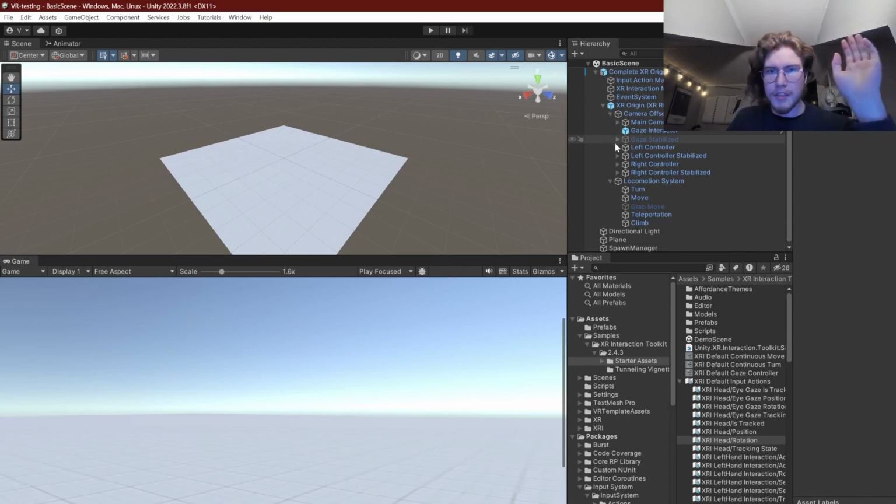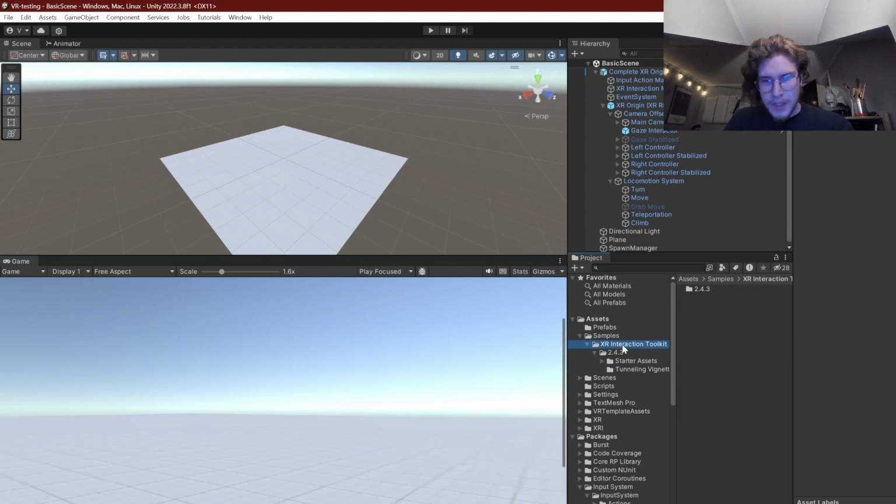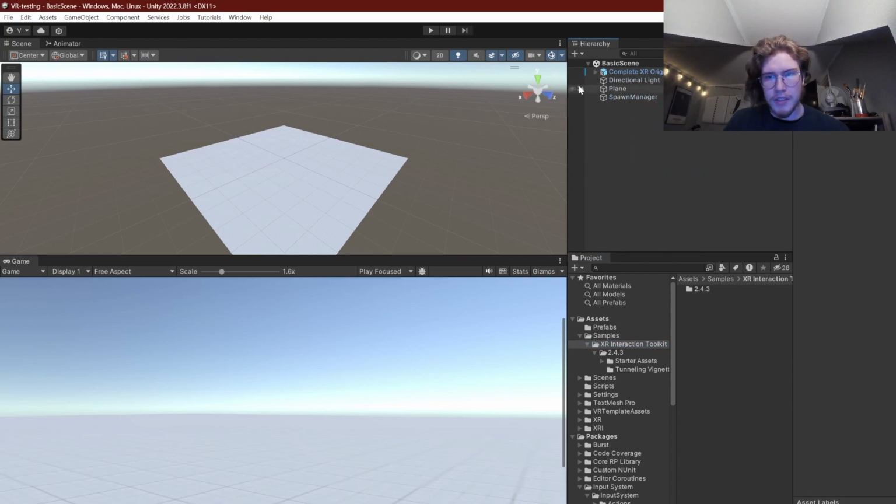To make this easy for me, I've downloaded the XR Interaction Toolkit, which is basically something you add to Unity to make it easier for you to work with VR and XR. You get a scene you can just plop into and whoop, it works. I have a VR headset and I can look around and things like that. But to invert everything, it was very hard, but I managed to find it by going into the